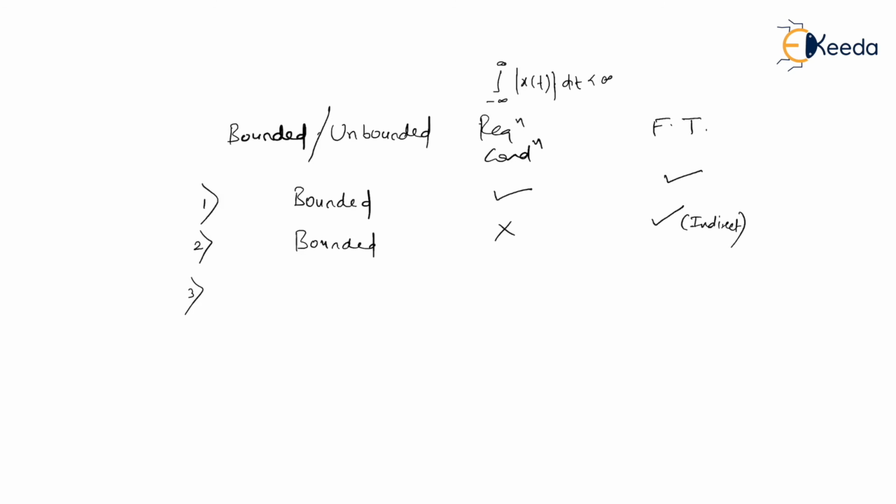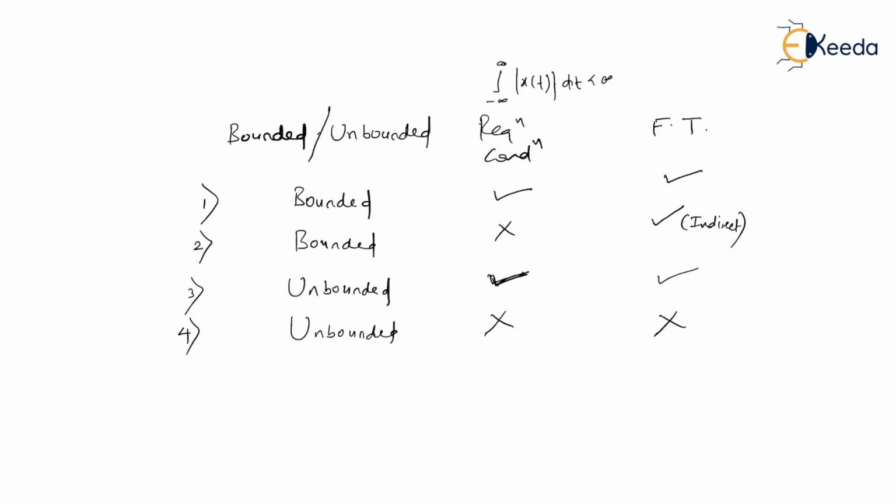Is that right? Third, if the signal is unbounded, even though the required condition is satisfied, there is no problem. Fourier transform will exist because primarily we go for checking the required condition. If it is absolutely integrable, there is absolutely no problem to have a Fourier transform. Fourth, and the last condition, if the given signal is unbounded and the required condition is not satisfied, then Fourier transform does not exist for such a signal.